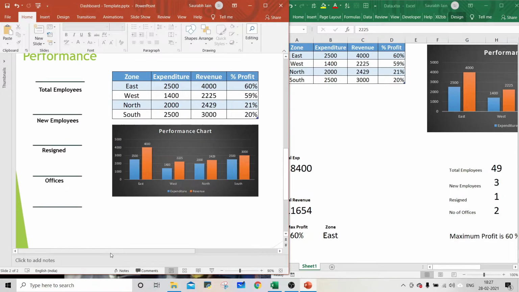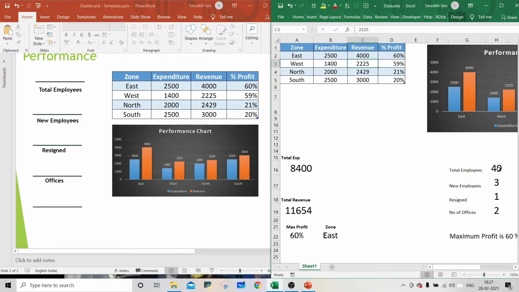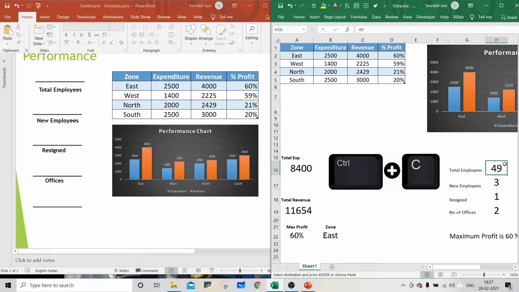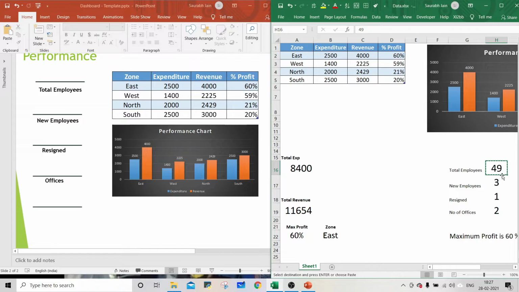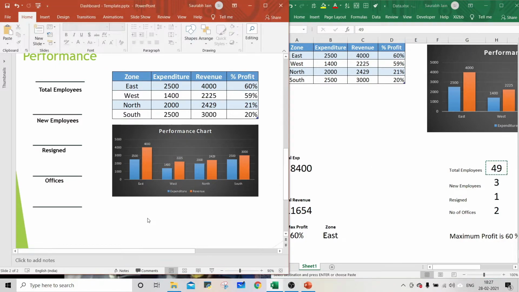Now to copy the individual data, copy the cell and follow similar steps. So I copied H16 having total employees, and in the PowerPoint slide, click on the button below the Paste option, select the Paste Special option.